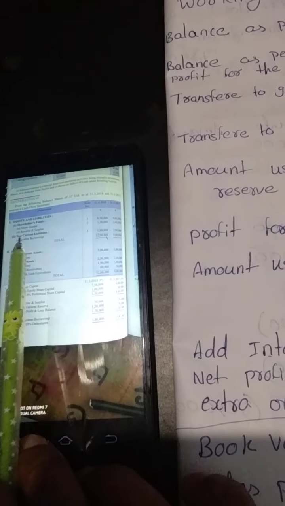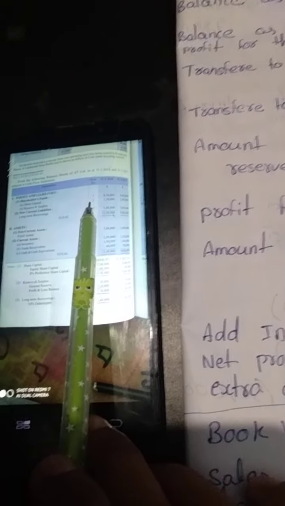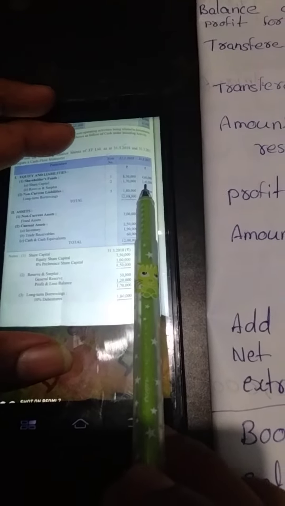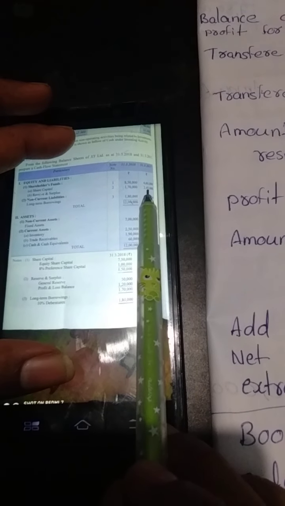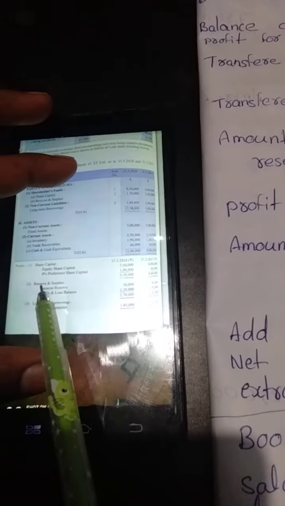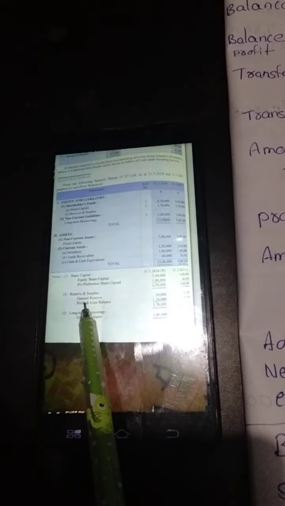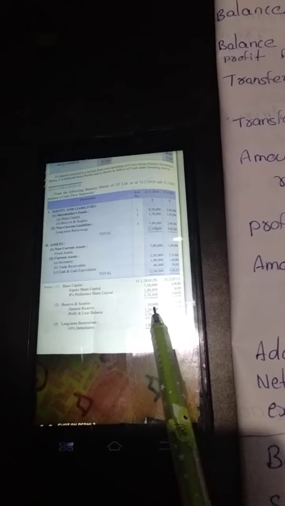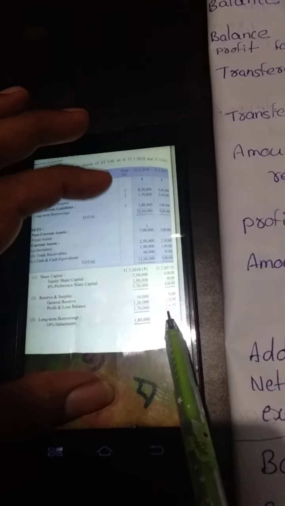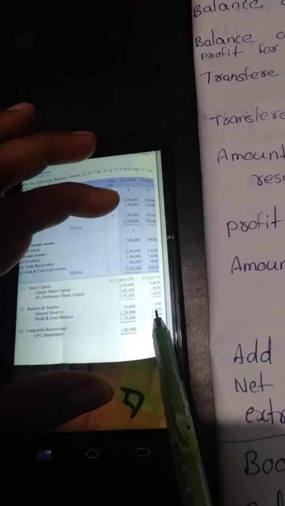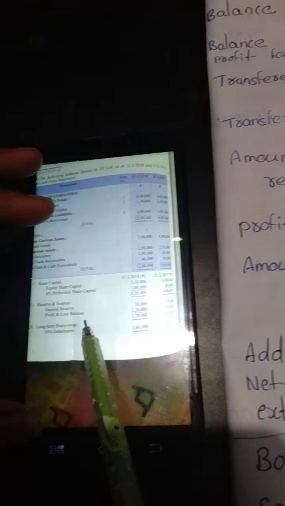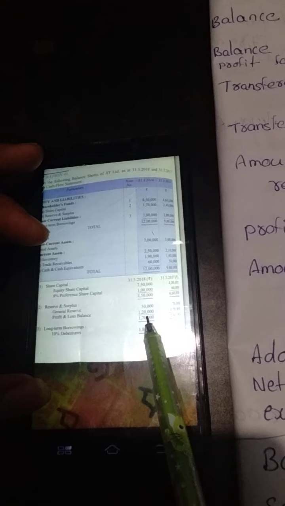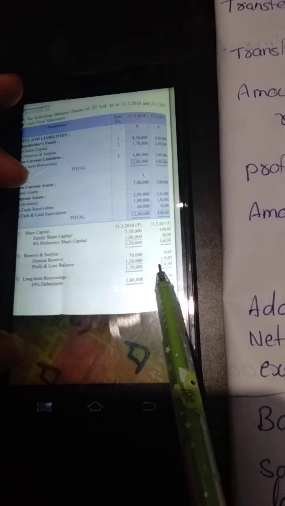So next one is the reserves and surplus, that is given in note number 2. The total amount is given, 1,70,000 in the current year and in the base year 2 lakh. The note number 2 detail is given: general reserve, transfer to general reserve, that is in the current year 50,000 and base year it was 70,000, and profit and loss balance is given, that is 1,20,000 for the current year and previous year it was